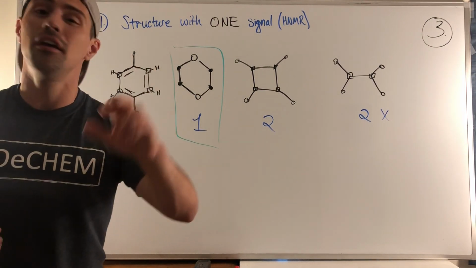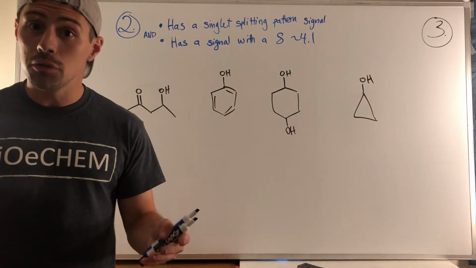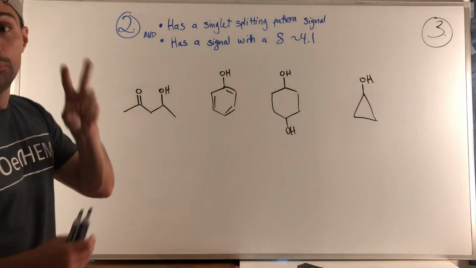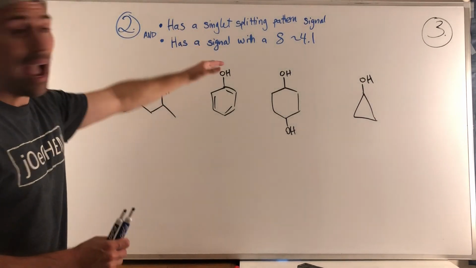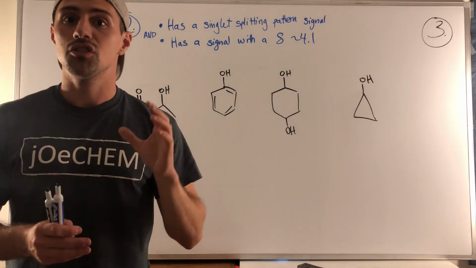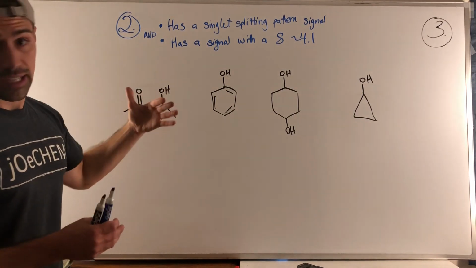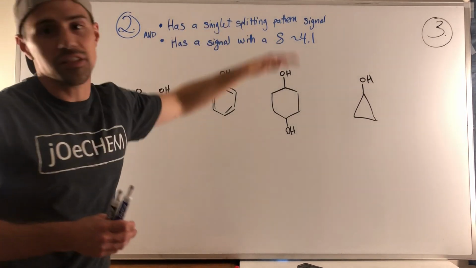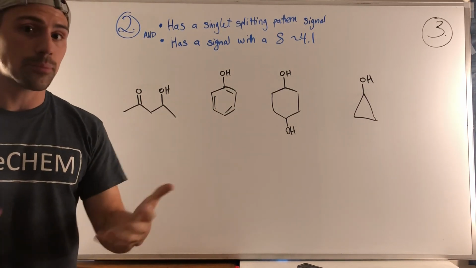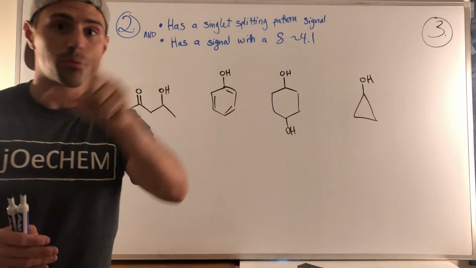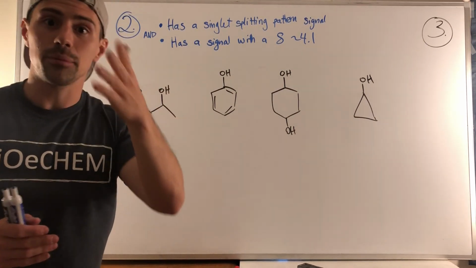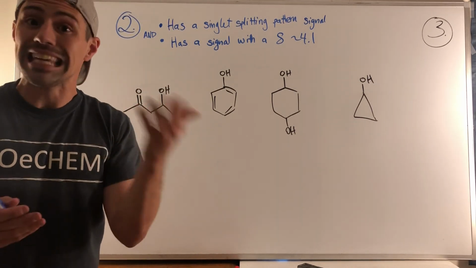On to the second part of problem 3. In part 2 of problem 3 of the 4 structures given, we need to identify which structure has both a singlet splitting pattern signal and a signal with a chemical shift of roughly 4.1. Hopefully these are starting to get a little more apparent to you. You have some hydrogens that really have no neighbors, and that's very typically seen when you have an ether, like a terminal CH3 with an oxygen. So when it's part of the chain, there's no neighbors, or you have a carbonyl, like a ketone, or